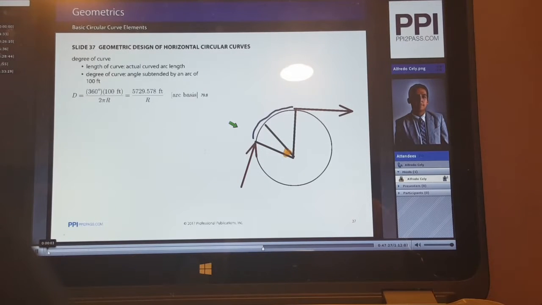Just 100 feet of your curve. Now horizontal curves are very rarely less than 100 feet in length, the arcs. But let's say you may have a problem in the PM where you have a very small road, a local road, low volume,